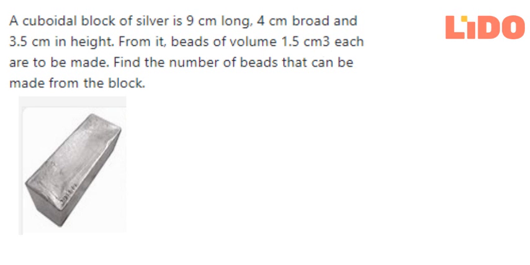So as you can see, the sum is something to do with volume, right? Because it is clearly mentioned here. The beads of volume 1.5 centimeter cube are to be made. So that is perfectly right, because whenever we need to cut down a given mass into smaller sized objects, we are concerned with the volume, right? It is not the surface area that we are concerned with. We are concerned with the volume of the object.